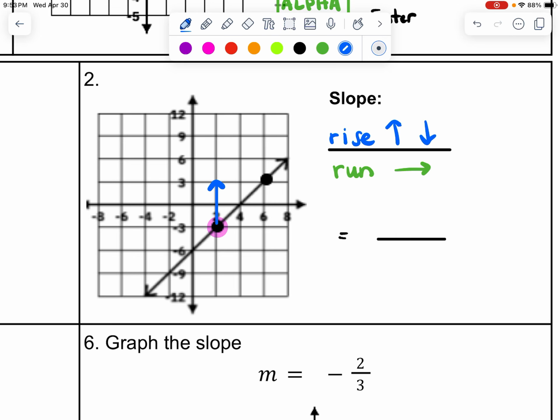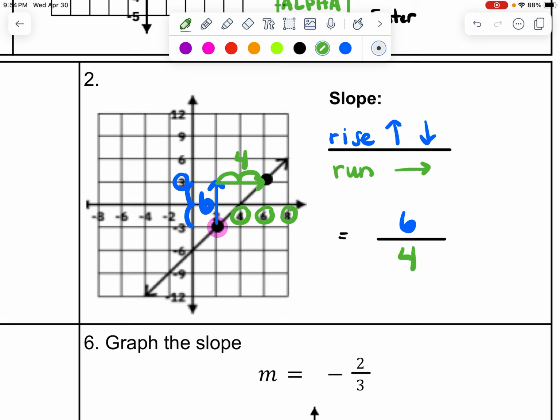But here's the catch. On this graph, each space is actually worth 3. So if you count 3 plus another 3, this is worth 6. Then I need to go to the right. It's 2 spaces, but on this graph, we count by 2s: 2, 4, 6, 8. So 2, 4 spaces. That means that we get 6 up, and it's positive because we're going up, 4 to